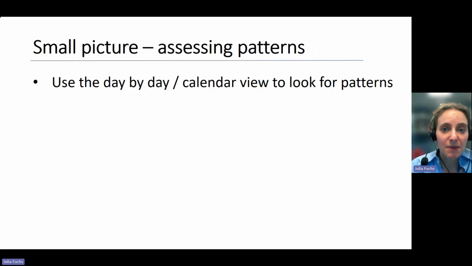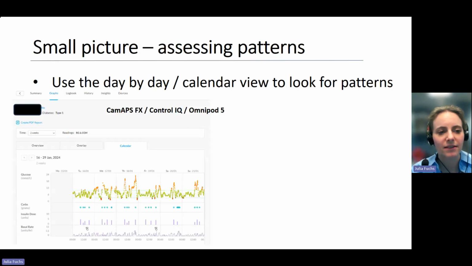How do I assess patterns? I think on Glooko, the best way to do it is to use the day by day and the calendar view to look for patterns. So on Glooko for FX, Control-IQ, and Omnipod 5, if you go to the graph section at the top, and then I tend to leave it on 2 weeks, and I click on calendar, and then you get this quite nice view that you can see down there,